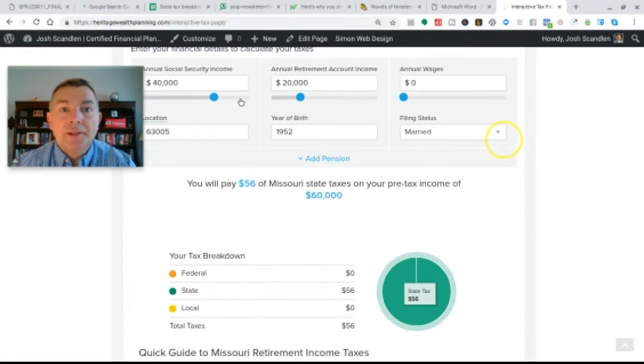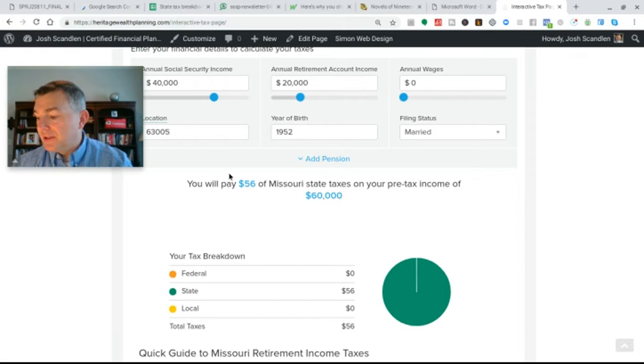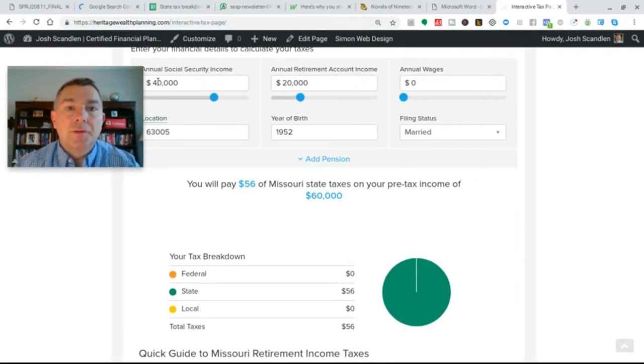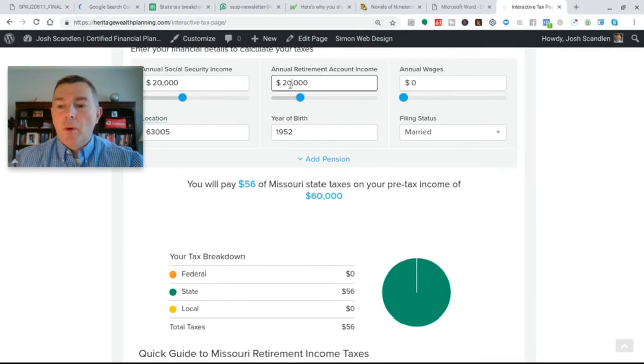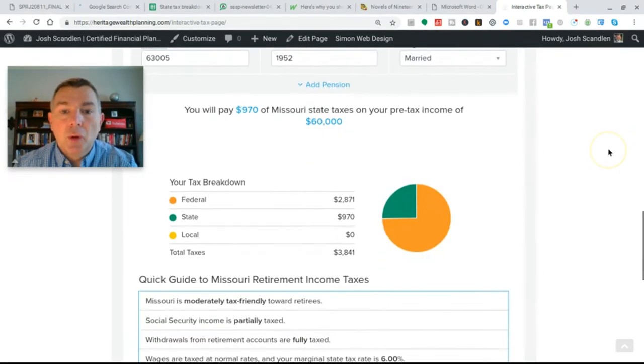All right. So as you can see, $40,000 Social Security, $20,000 IRA, $56 to the state, and nothing to the feds. Now it's flipping around and say we got $20,000 Social Security and $40,000 IRA. Let's see what we're looking at here. So now we're looking at $970 to the state and $2,871 to the feds. So our total tax burden is